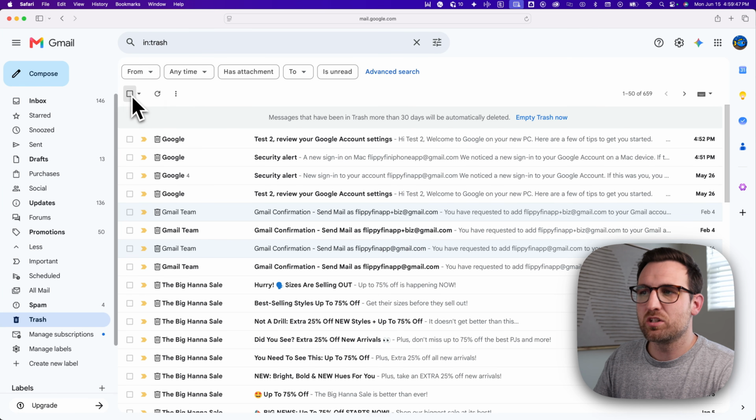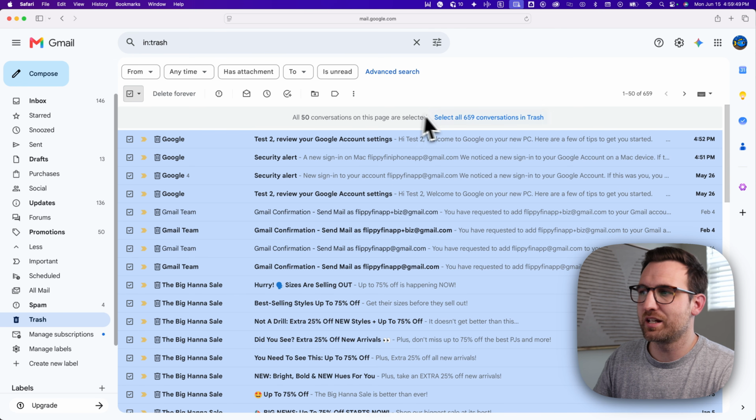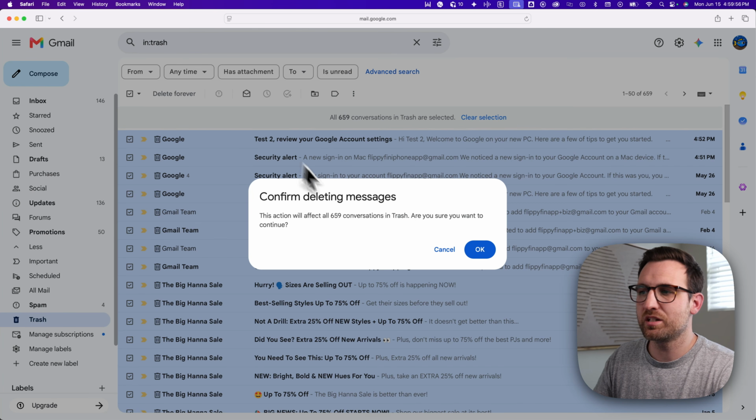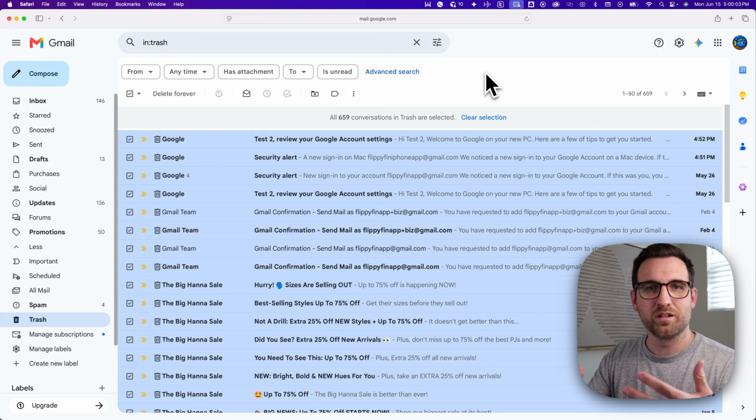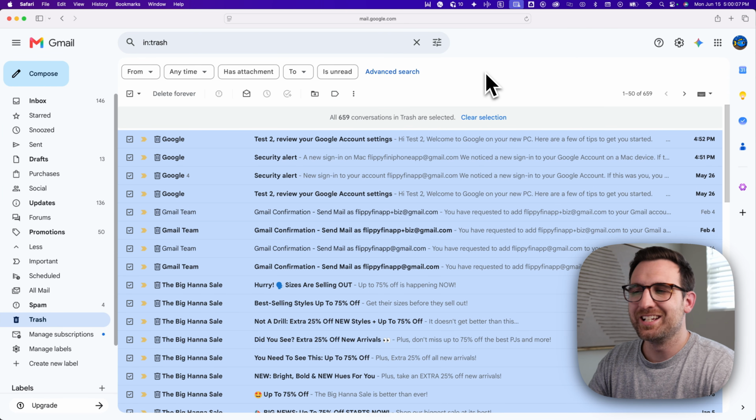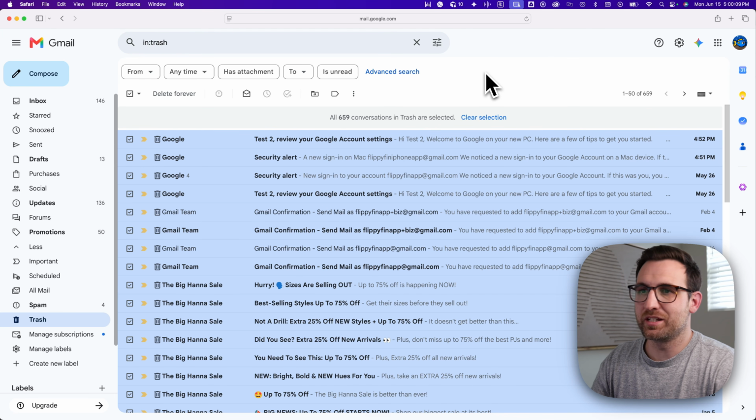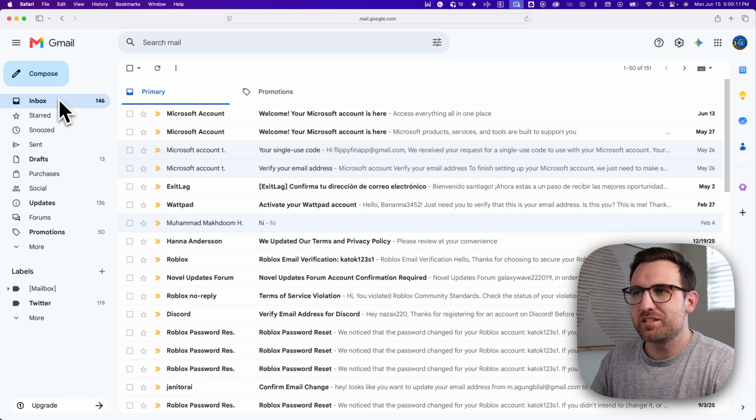But inside of here, you can do the same thing. You can select and then select all, in this case, all 600 plus conversations in my trash, and I can hit delete forever, and it's going to ask me if I'm sure, and I can hit OK to continue from there. And it will then delete all the thousands or tens of thousands, and hopefully not hundreds of thousands, but I know some of you are out there, of emails in your Gmail account. But that is basically how to manage your inbox and clear it out, and to be able to mass delete emails